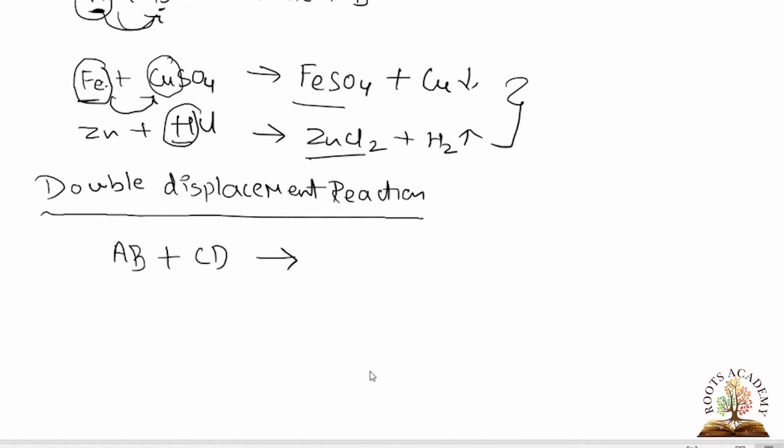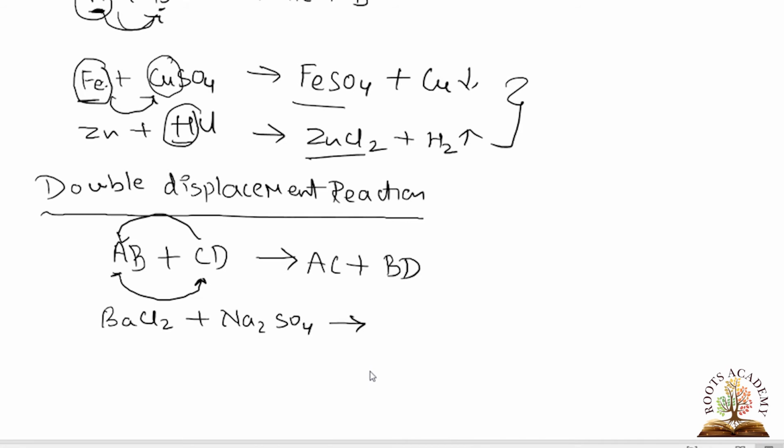और क्या हो रहा है? A जो है ना वो C की जगह पे चला जाएगा, so A is replacing C, and C replaces the A like this, and the products will be AC plus BD. तो यहाँ आयन एक्सचेंज हो रहे हैं और रिएक्शन हो रहा है, इसीलिए इसे हम डबल डिस्प्लेसमेंट रिएक्शन भी कहते हैं. Let's see the example of barium chloride BaCl2 reacting with sodium sulfate